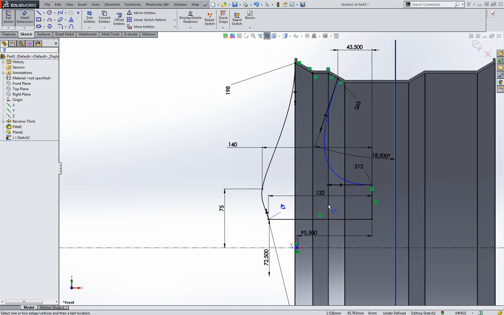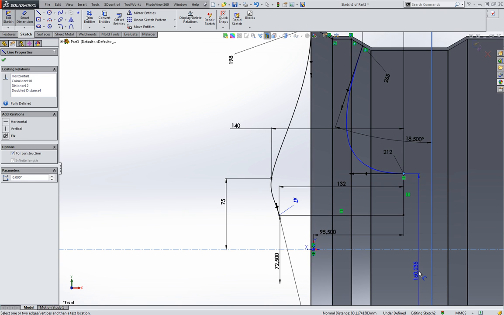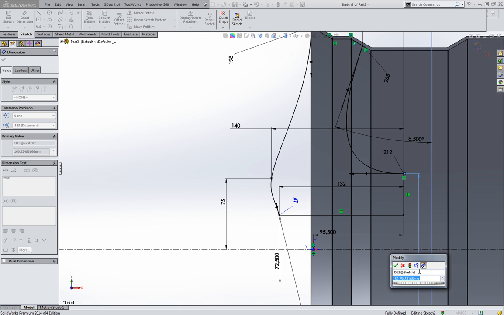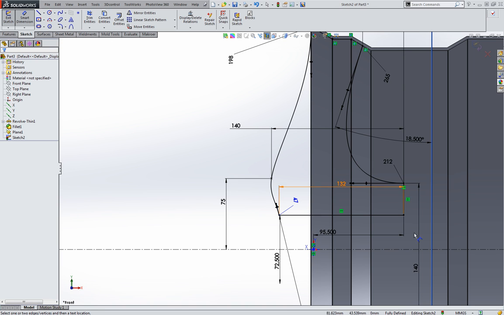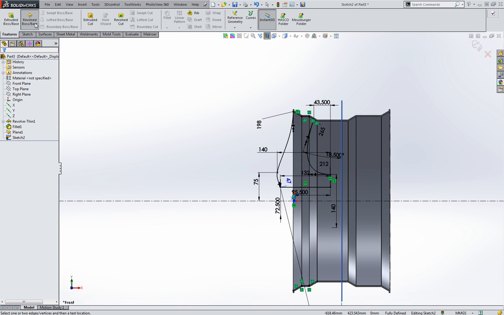this. Now choose this point and the center line and make a diameter of 140. So now you can see we have a fully defined sketch. Go to Features, go to Revolve Boss Base,